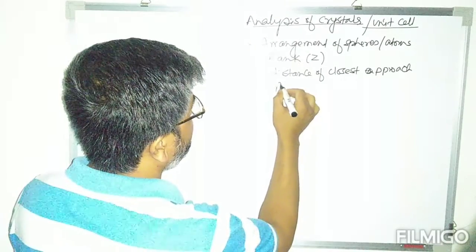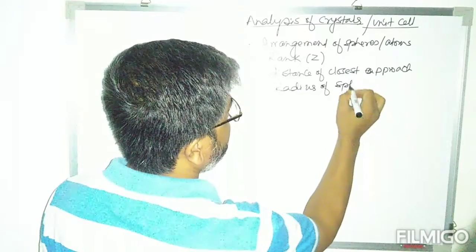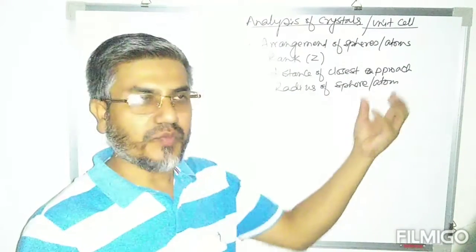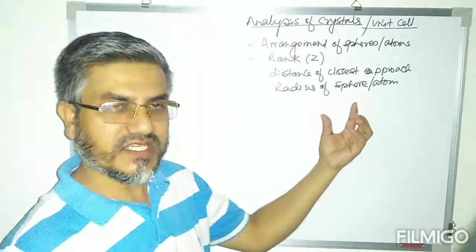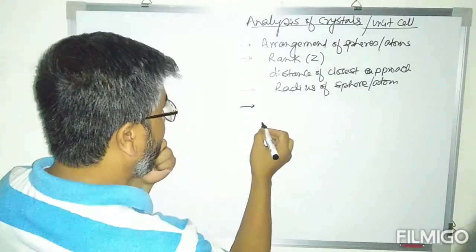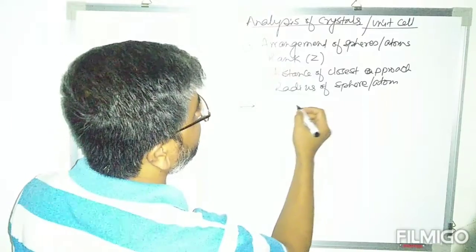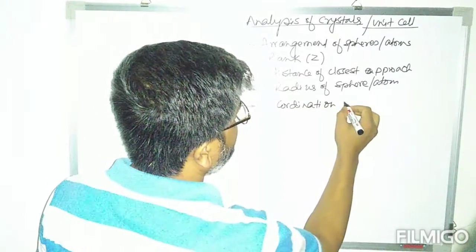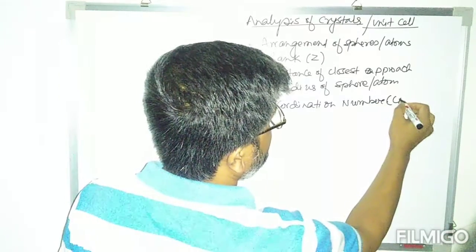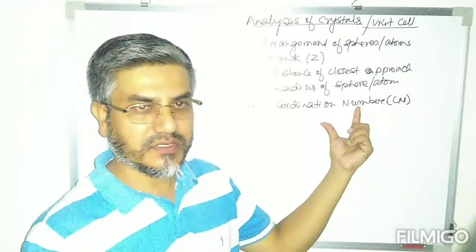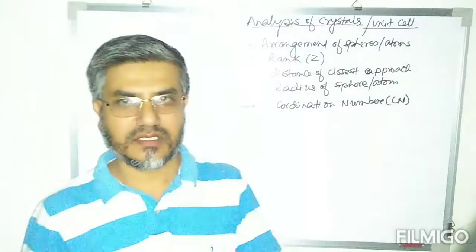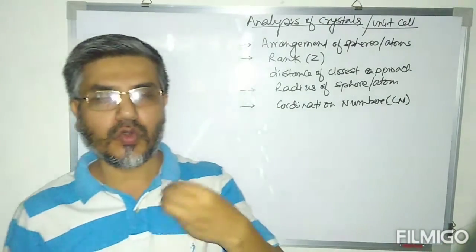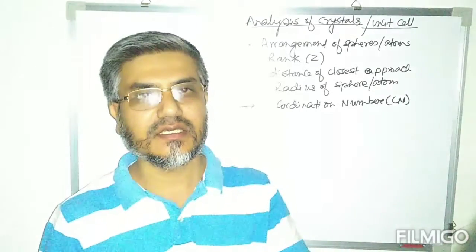Then we'll define the radius of sphere or radius of atom, because each lattice point is occupied by atoms, molecules or ions, and we assume this to be spherical in shape. Then we will have coordination number Cn. Now this coordination number is defined as the number of atoms or spheres surrounding a particular atom or sphere at the closest distance, as a nearest neighboring